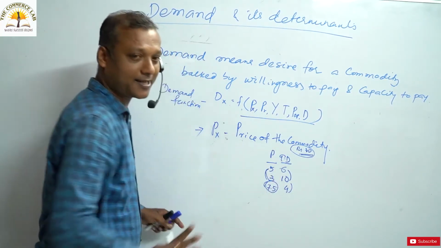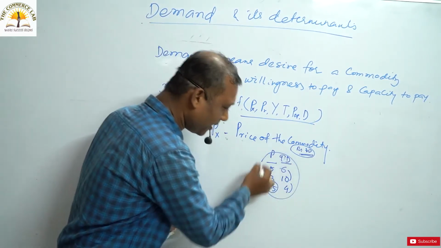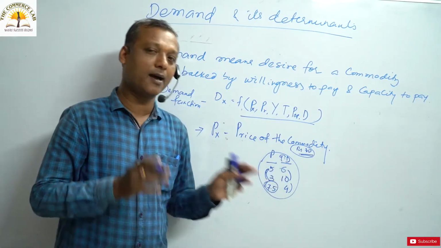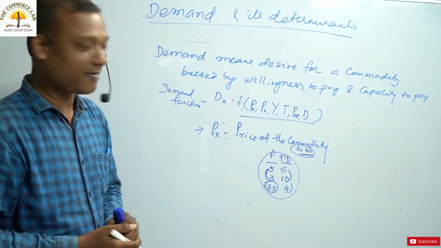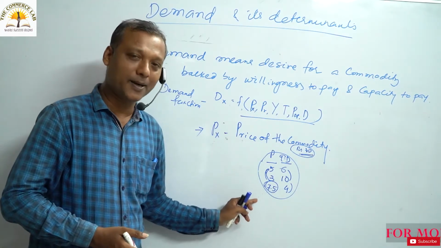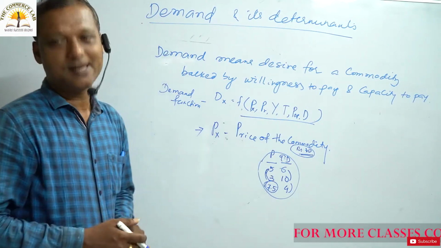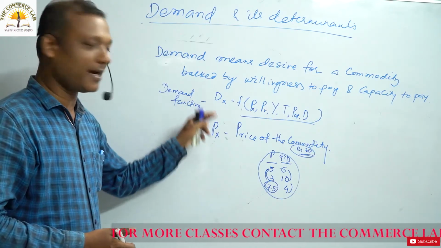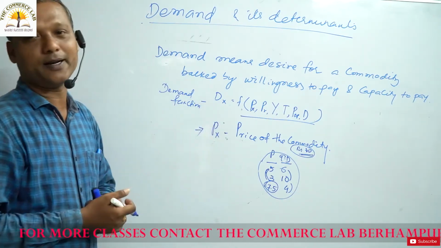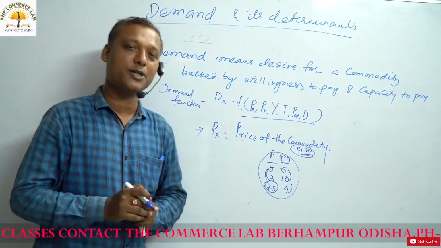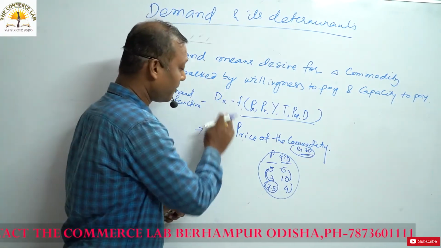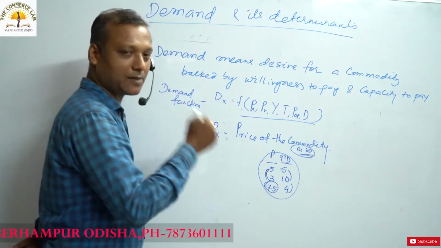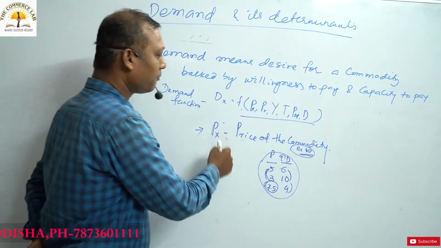purchase only 4 eggs. From the example, it is very clear that with the fall in the price of the commodity, the quantity demanded of the item rises. With the rise in the price of the commodity, the quantity demanded falls. This is the actual relationship that I am trying to tell you about the demand and price of the commodity. I hope you understood the relationship between demand for the commodity and price of the commodity. So price of the commodity is the first factor to influence the demand.